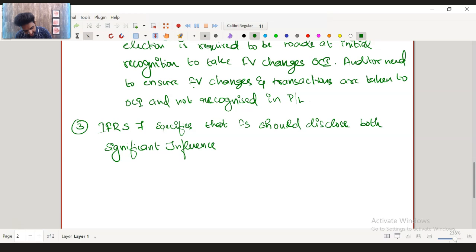So significant influence and the nature of risk associated with the financial instrument,